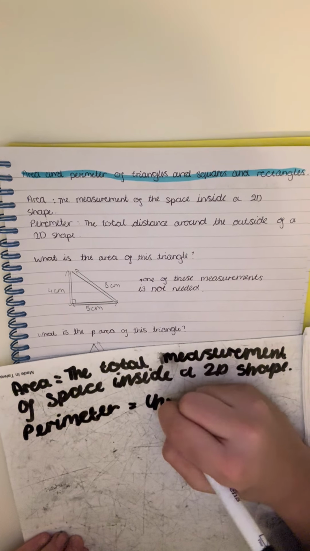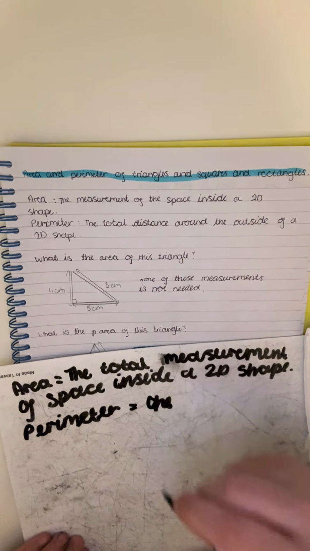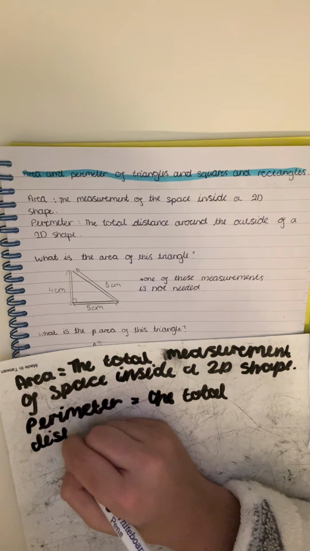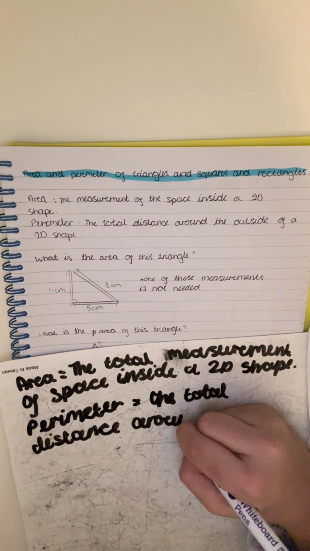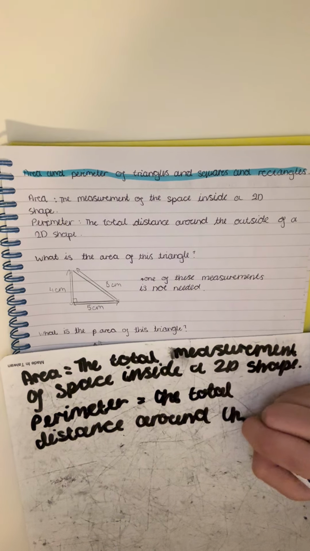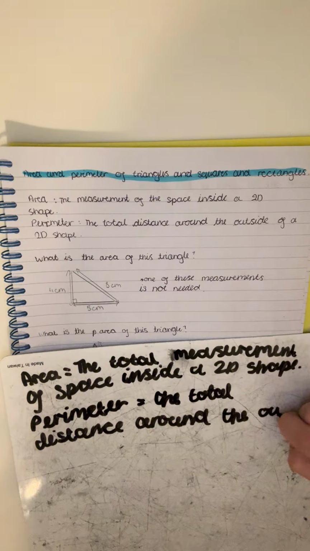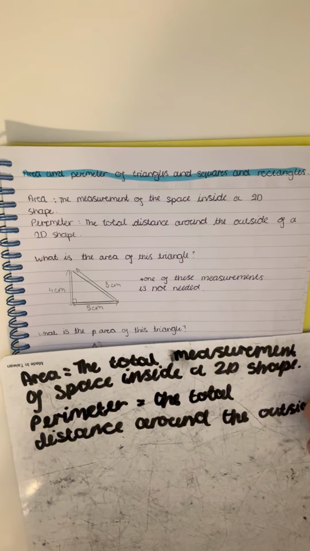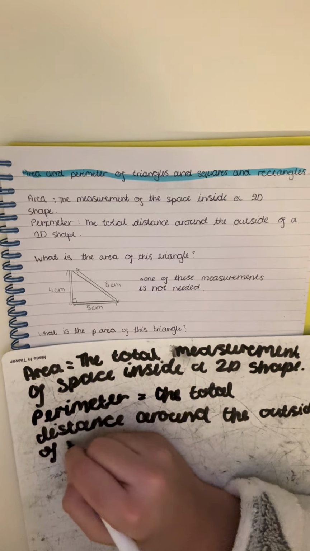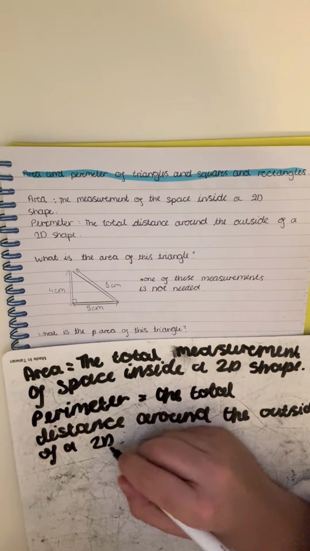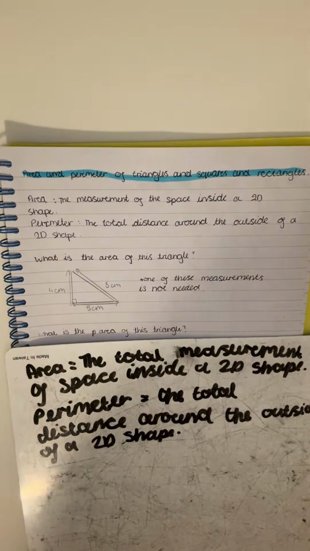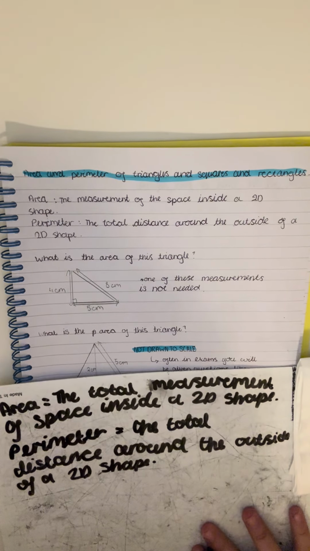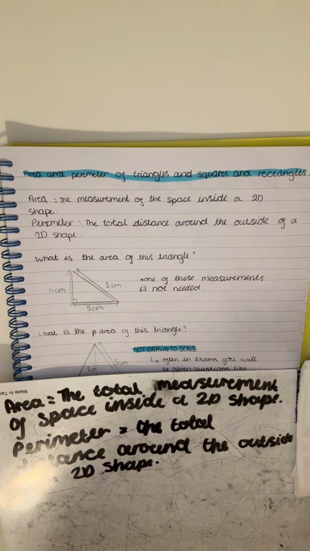Perimeter: the total distance around the outside of the 2D shape. Those are the key terms that you're going to need to know in order to make today's lesson a bit